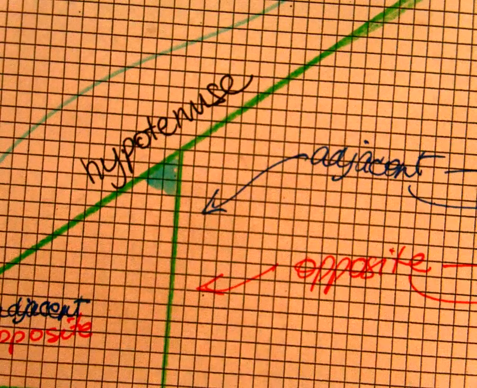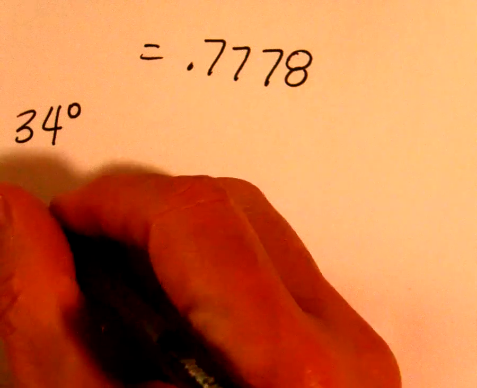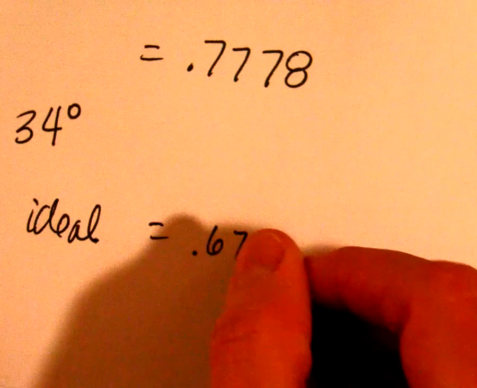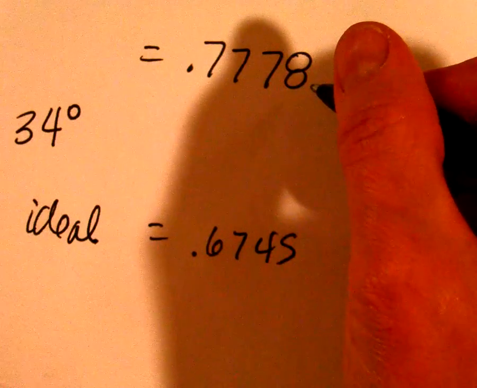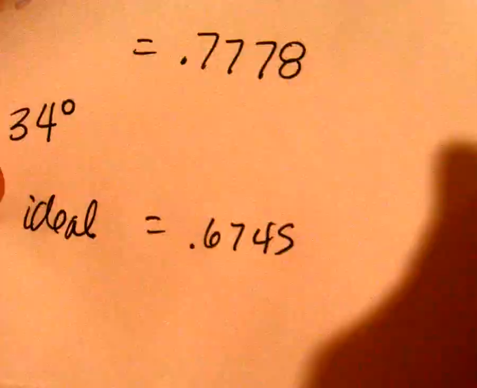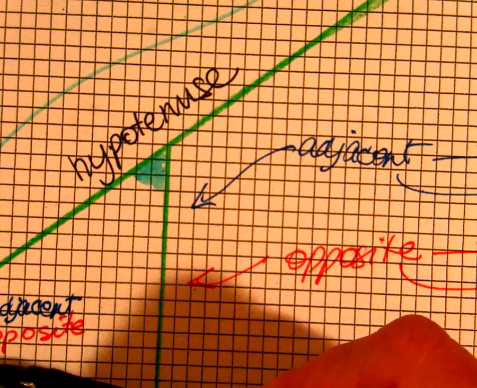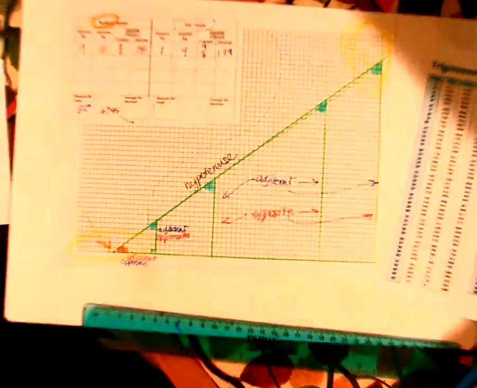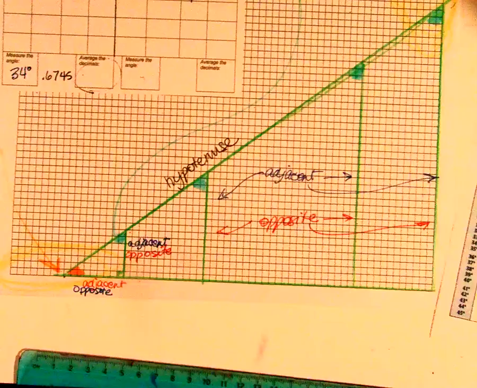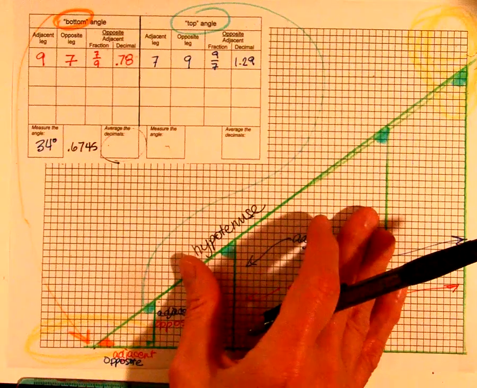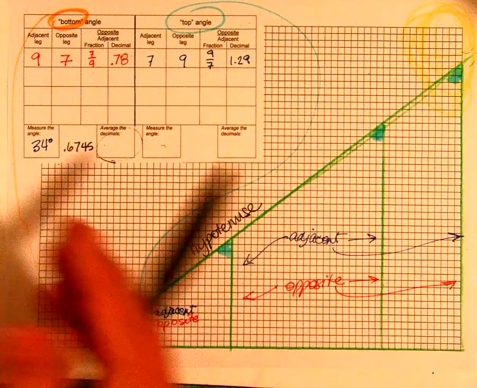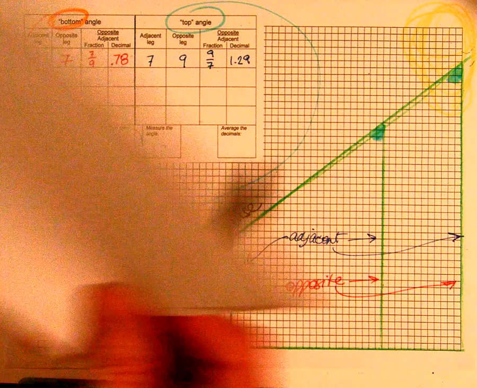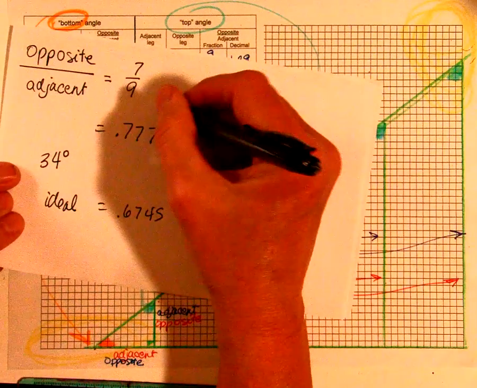Okay? So the ideal is 0.6745. So mine was off by a fair amount. That's why you do it a whole lot of times. This is a pretty little triangle to be doing. By the time you get out to the big triangle, it's generally going to be better. That's why we do them and take the average, and that is actually how folks originally arrived at all these things, by doing really huge ones and counting it with little bitty units so that they got it more and more accurate. Okay, so this was the one that I did with my little triangle,